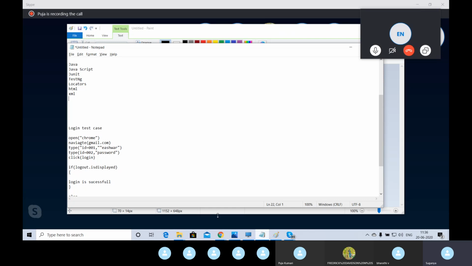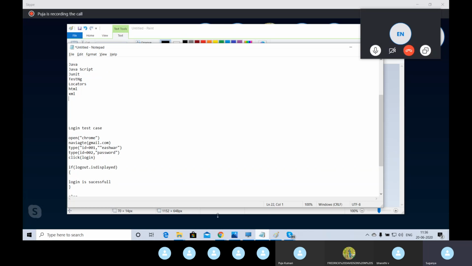Again, as I said, XML is also a markup language. We can design the code using tags here as well, just as in HTML. XML is an advanced version of HTML.